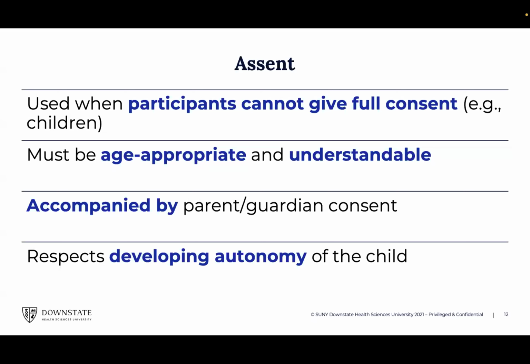So if you are doing research with children, that means that you've got to do both an assent and an informed consent: an assent with the child and an informed consent with the adult. And it is really important, the assent process, because what it is really doing is also respecting that these children that we're inviting to participate in research are developing their own sense of autonomy in terms of what they want to do and what they don't want to do. And I think that's wonderful.